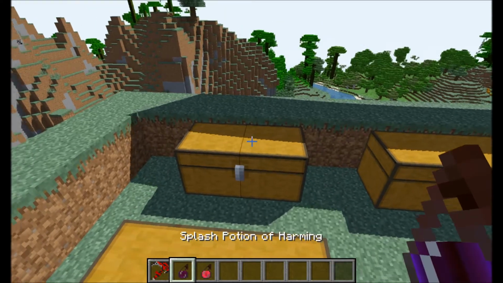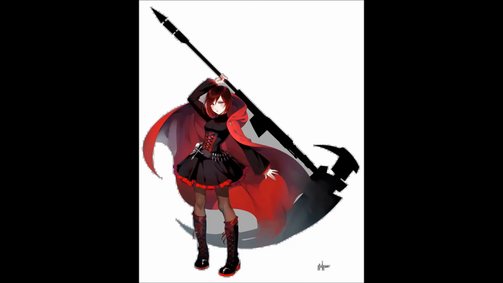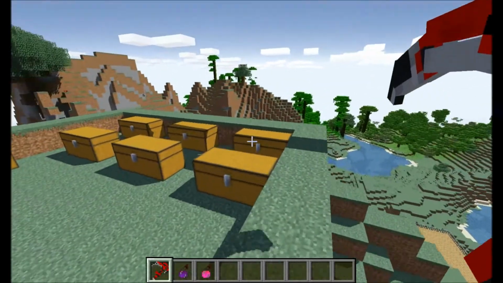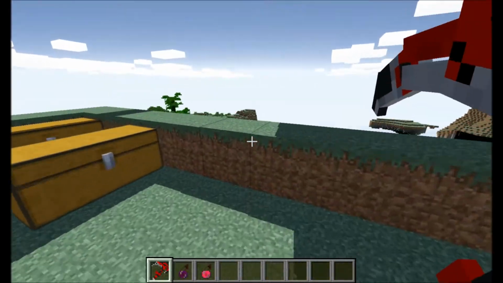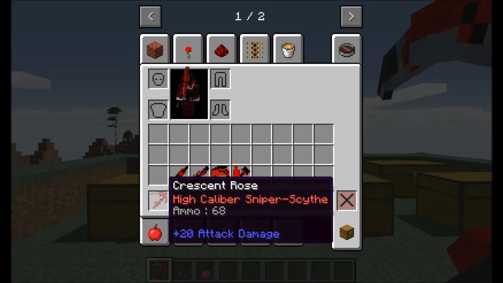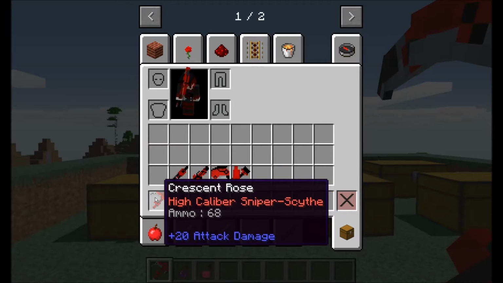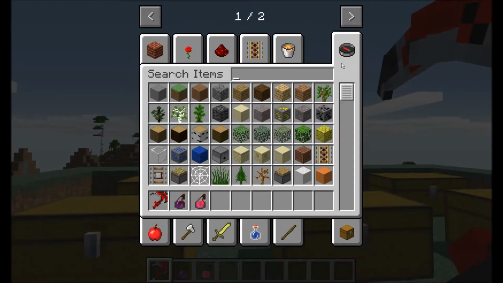So this weapon is Ruby Rose's weapon, who is kind of the main character. The show's kind of split up into 4 main characters, but Ruby is my favorite. Her weapon does the most damage at 20 damage, and I don't know how the ammo works in this mod. I really don't, because I'm in creative, and I have 68, where I'd probably have infinite if I was in creative. No idea, but 20 damage, and to compare that to a diamond sword...